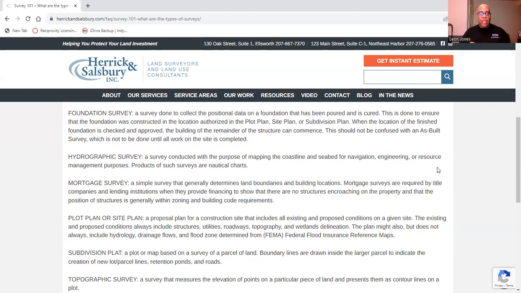Basically, for a foundation survey, you use a drone to collect the positional data on a foundation. That's a foundation, not a foundation plan, a foundation that has been poured and is cured. This is done to ensure that the foundation was constructed in a location authorized in the plot plan, site plan, or subdivision plan.